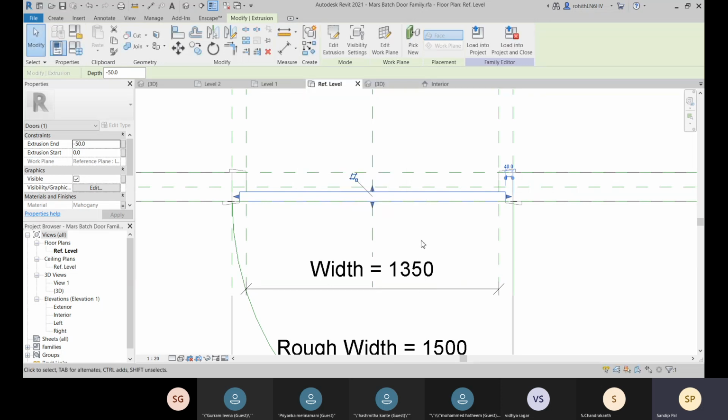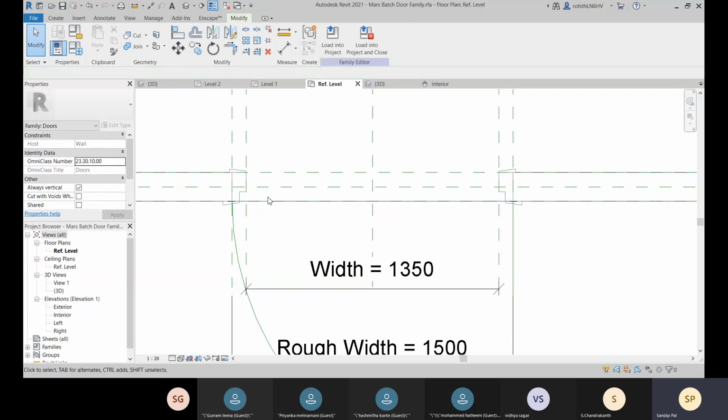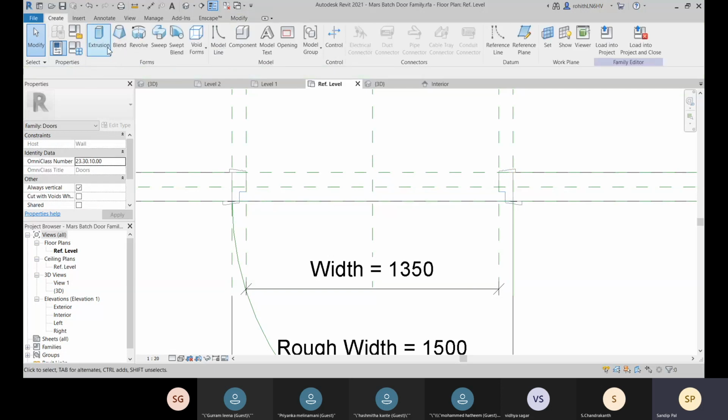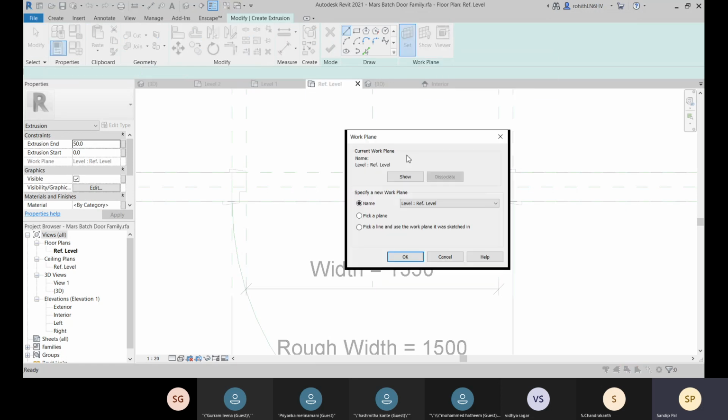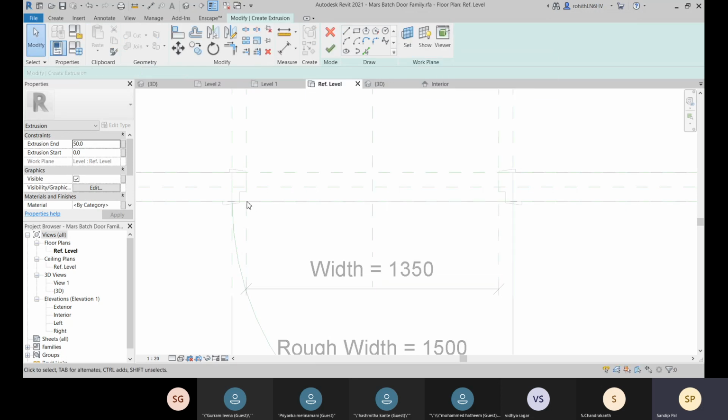So let me now delete it. I will create this extrusion from the reference level, so that is okay. I'm okay with that. Let me just quickly do that. Okay, and let's lock this.